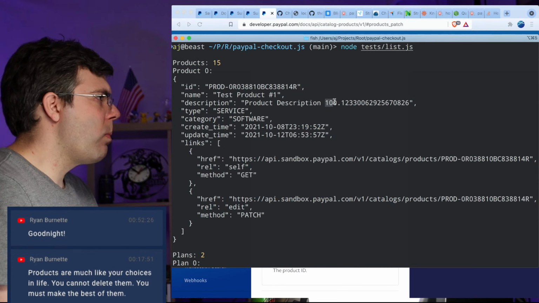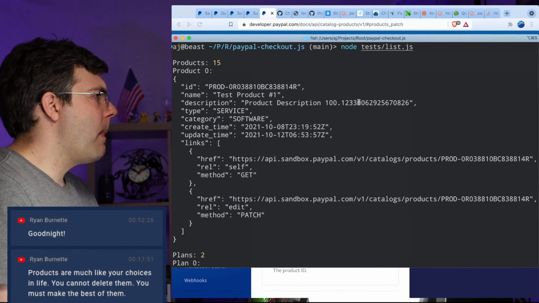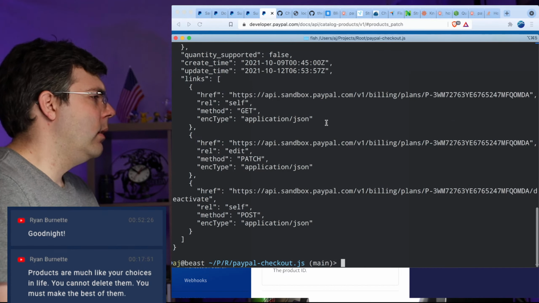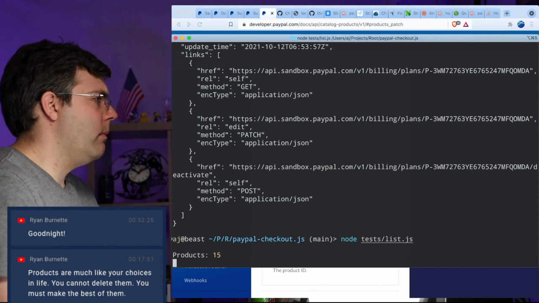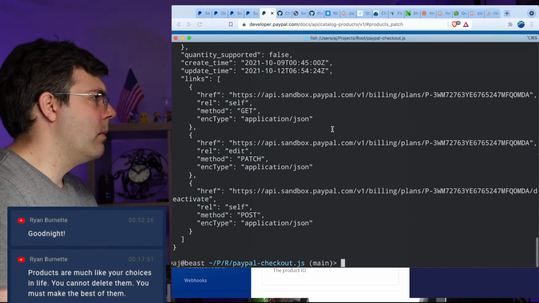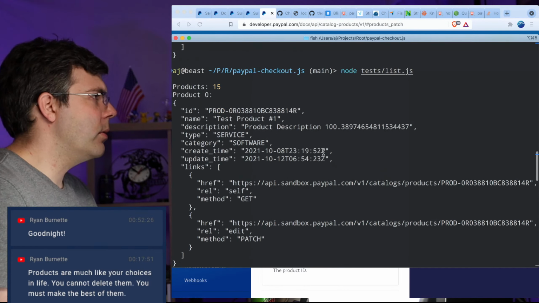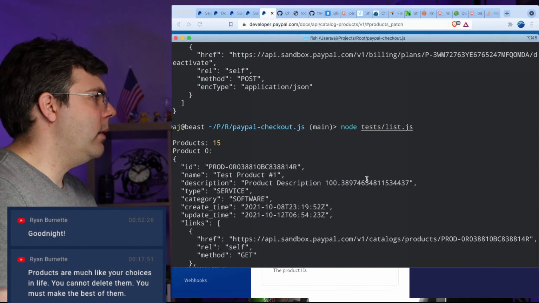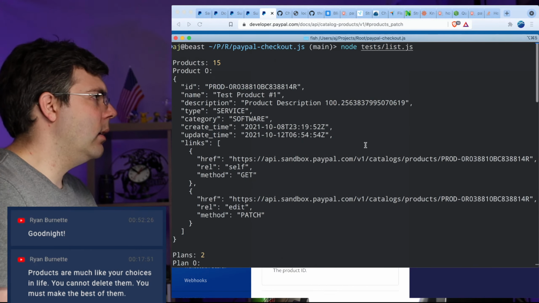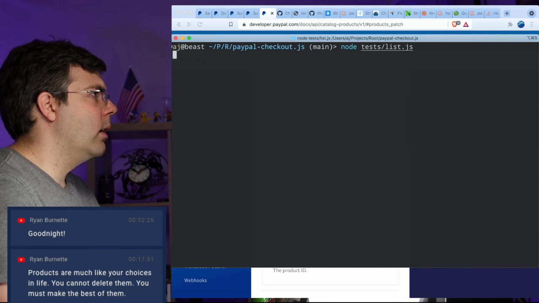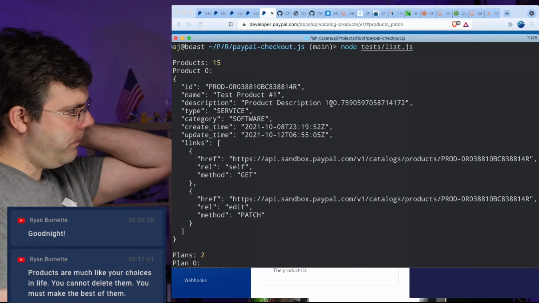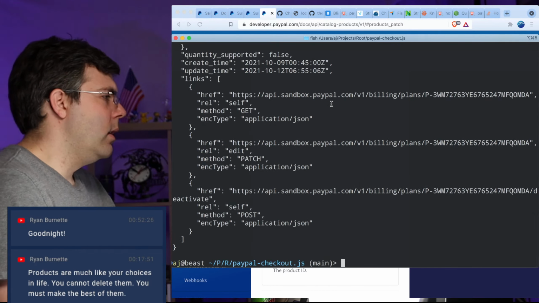And 1, 2, 3, 3. That's the same thing it was last time. Oh, was I just scrolled up too far? I think I just scrolled up too far. Yeah, so that's different now. And if I run this again, we get a different number again. Yeah, that's different. Clear. Run again. Yeah, I get a different number again. Okay, cool. So that's working.